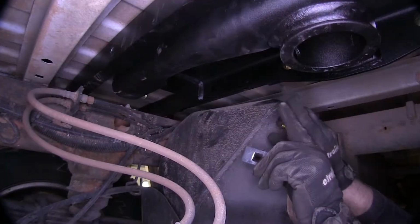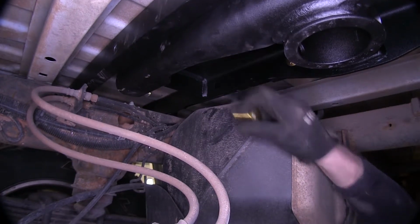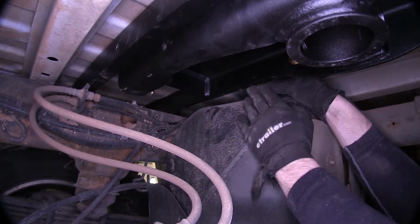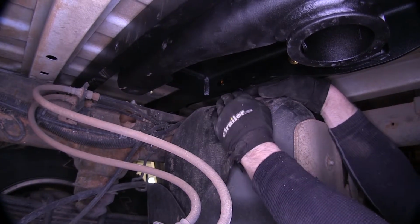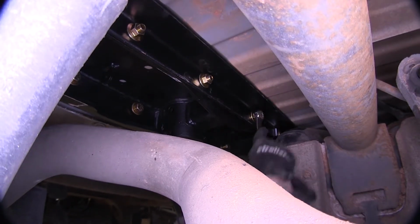Now there's only one variance on one bolt. On the hole right here above the gas tank, same carriage bolt, but you get this block right here which goes into the carriage bolt like that, and then through our crossbar and our hitch. Then we'll install the same flange nut. Now with all our hardware loosely installed, go ahead and take a few moments using a 3/4-inch wrench, and we'll